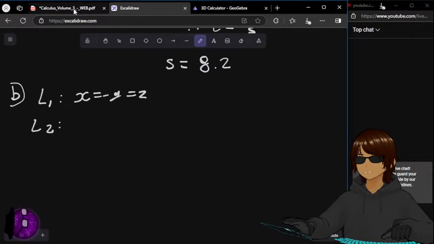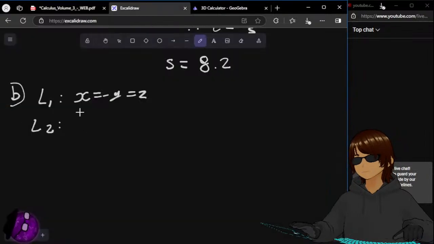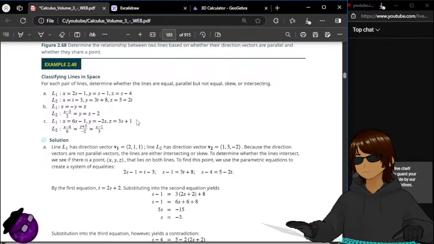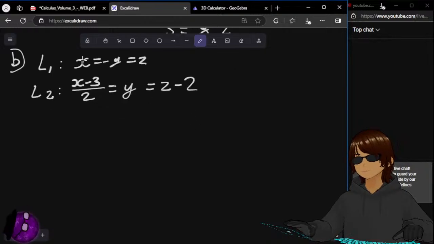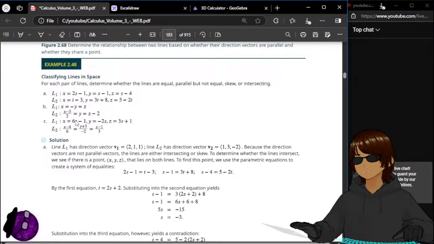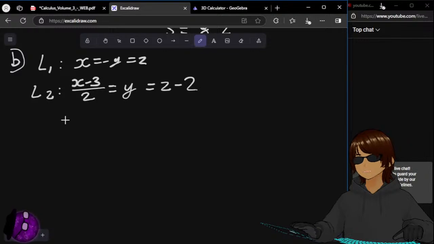And then L2: x minus 3 over 2, and then z minus 2. Wait. Okay, so